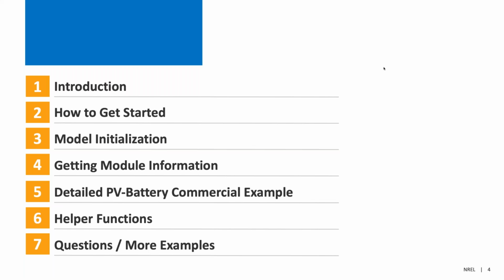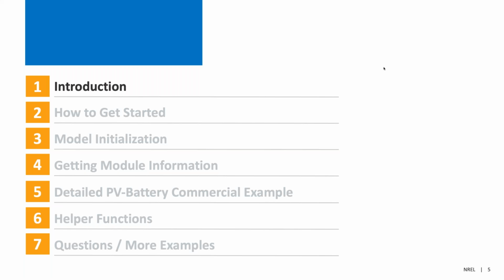Then we kind of want to tie together those pieces and put them into a detailed PV battery commercial example. And once we're done with that, I'll just introduce some helper functions, which are a new feature to PySAM since last year. And then once we're done with those, we can spend the remaining time with your questions, or we can also work through some of the existing examples on the PySAM repo. So great, let's get started